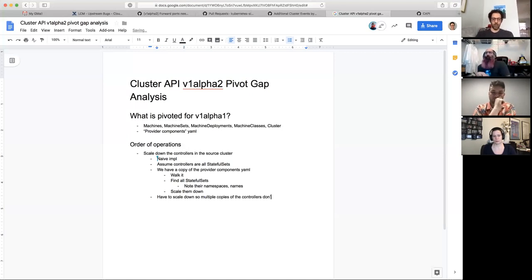Okay. Now, the second operation that we then do is we deploy the provider components to the target cluster. Okay. And then the third thing is, and here's where it gets sort of complicated, because of the way that we try to ensure that